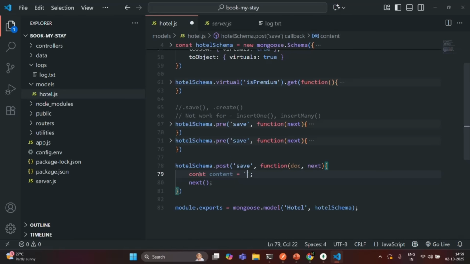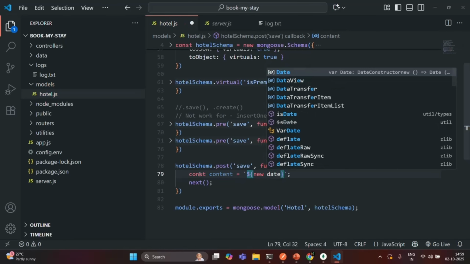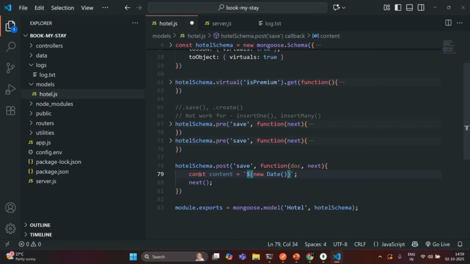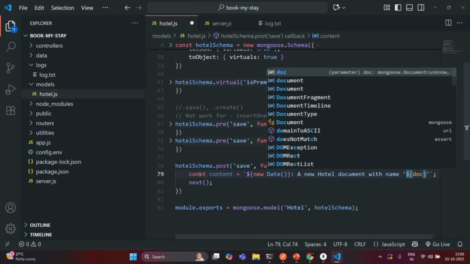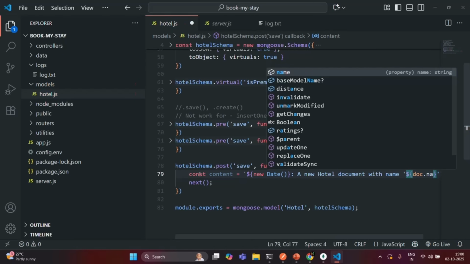And what do we want to log in the log file? First of all, I want to show the current date and time. For that, I'm going to use the new Date constructor. This will return us the current date and time when we are logging the message. After that, I want to say a new hotel document with name, and then I'm using single quotes here. Inside those single quotes, I want to display the name of the hotel. The name of the hotel we can get from the document object. So here I can say doc.name